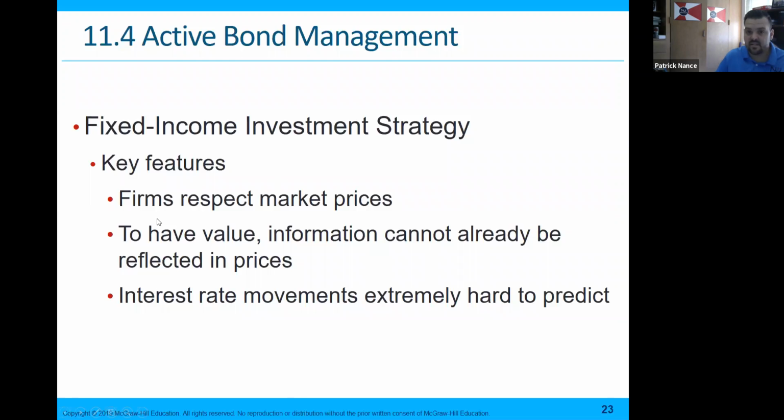All right, and then a fixed income investment strategy. Fixed income is where you'll see a lot more bond investment, mainly because bond investment means bond payments. So you'll see people that are retired and people that want a guaranteed form of income utilize them. So some things that they do: the firm respects the market prices to have value. The information cannot already be reflected in the prices, and interest rate movements can oftentimes be very hard to predict. But if you can make investments and keep yourself with a relatively fixed income,